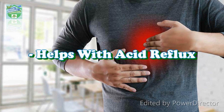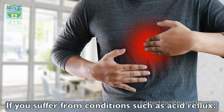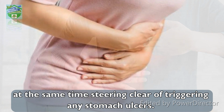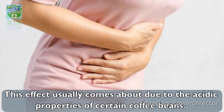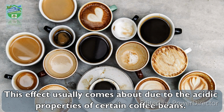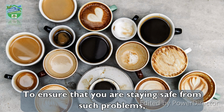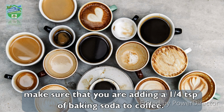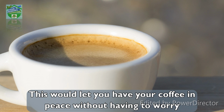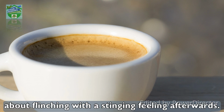Helps with acid reflux. If you suffer from conditions such as acid reflux, then using baking soda in coffee could help you enjoy your drink, at the same time steering clear of triggering any stomach ulcers. This effect usually comes about due to the acidic properties of certain coffee beans. To ensure that you are staying safe from such problems, make sure that you are adding a quarter teaspoon of baking soda to coffee. This would let you have your coffee in peace without having to worry about flinching with